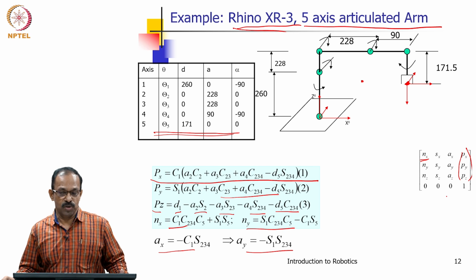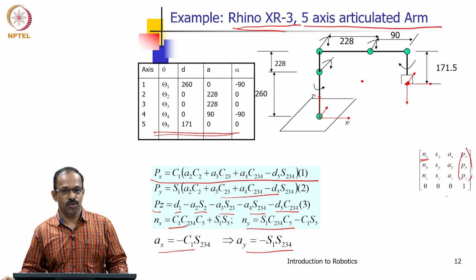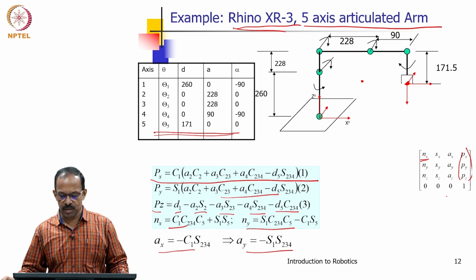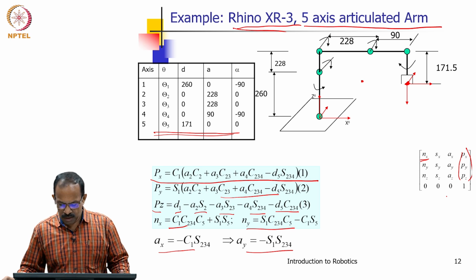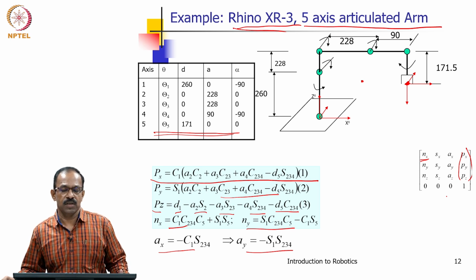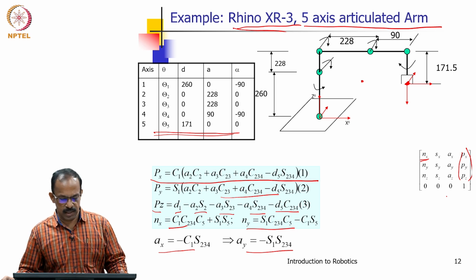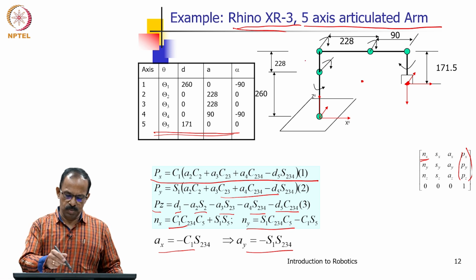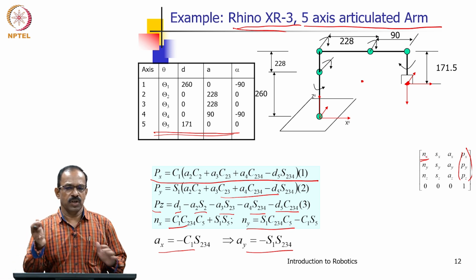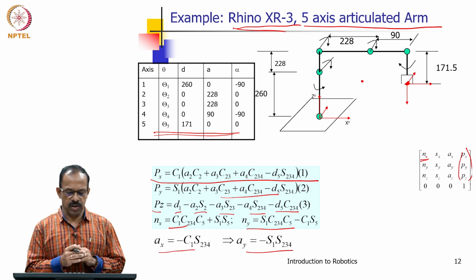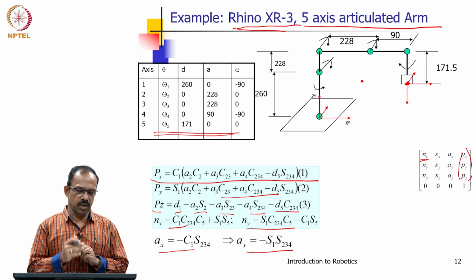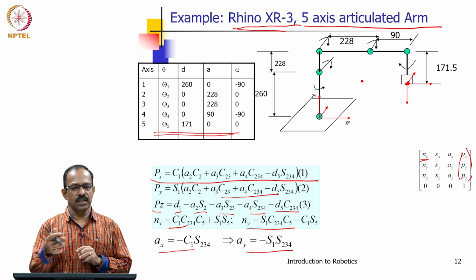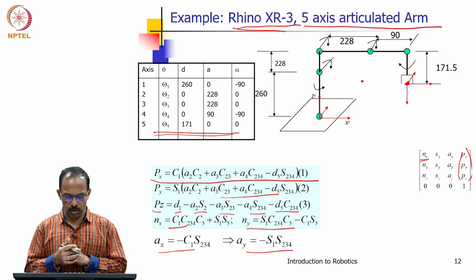It is a 5 axis robot. So, any arbitrary orientation is not possible. You can solve for 5 joint angles here, theta 1 to theta 5. So, the first question is about the solvability of the manipulator. We know that the necessary condition is that the point should be within the workspace, and we do not give any arbitrary orientation. In this case you cannot have arbitrary orientations because it is only 5 degrees of freedom. So, we can specify only 2 orientations and then the third one will be automatically obtained.